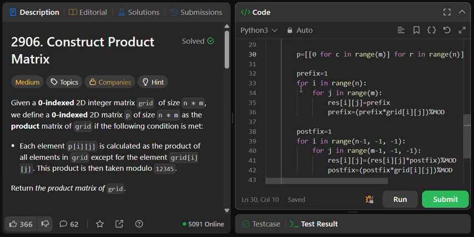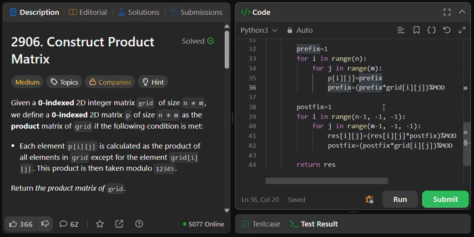Now we will go through each element, that is for i in range of n, for j in range of m. In a similar way, we will multiply prefix and postfix. That is, first of all, we will store pij as prefix, and each time we will multiply the current element of grid with prefix, and make sure we are using mod as it is already given in the question. Similarly, postfix, or you can say suffix, here we will traverse through the end of the grid,